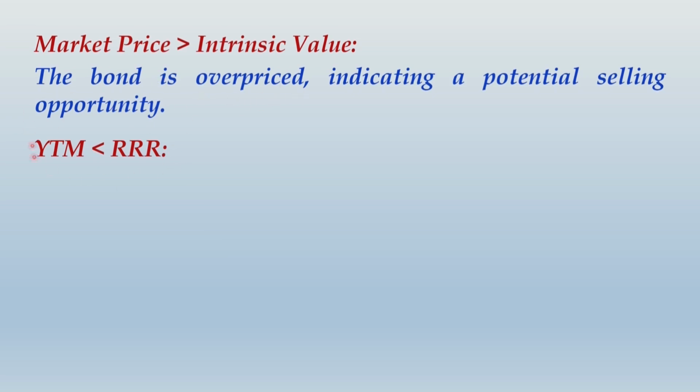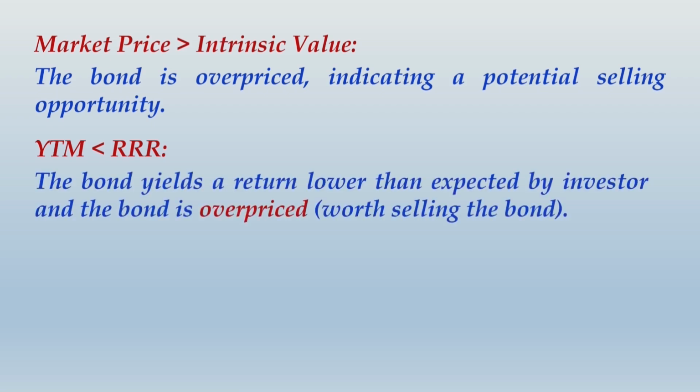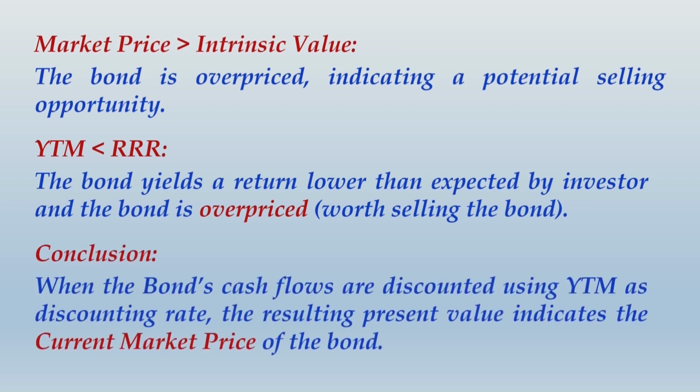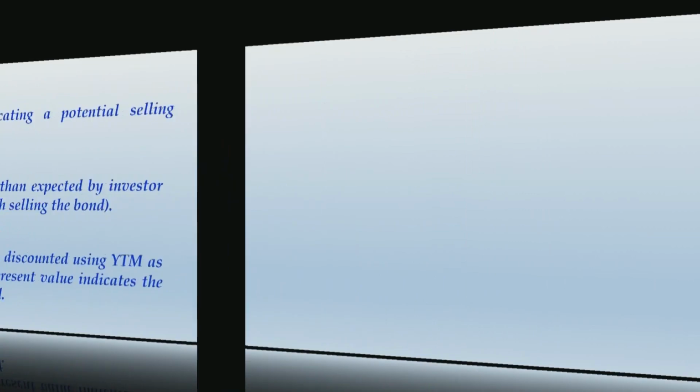So whenever we find this kind of situation, we conclude that the bond yields a return lower than expected by investor and bond is overpriced, that is worth selling the bond. So the conclusion is, when bond's cash flows are discounted using YTM as discounting rate, the resulting present value indicates the current market price of the bond. Alright friends, once you have completed writing this part, let us move on to the final round